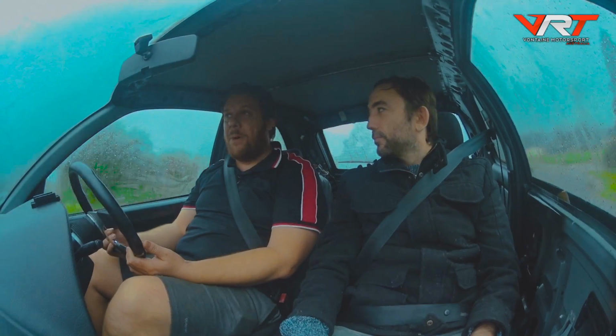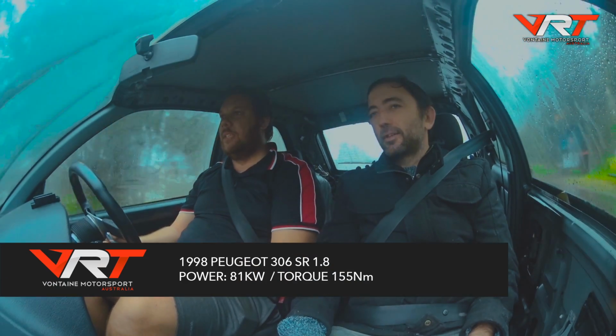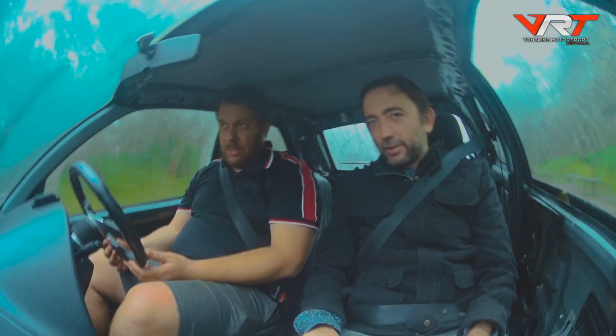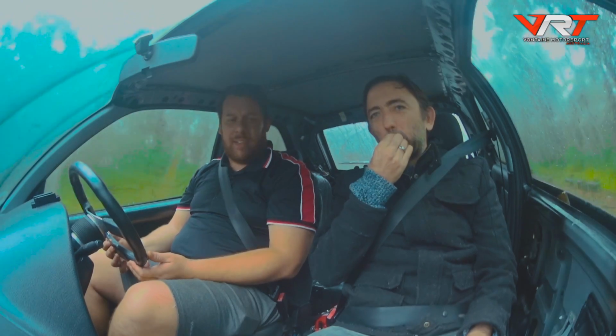This is a 3-door Peugeot 306. This is the car. Everything works, but for some reason the fan doesn't work. Bit of a sharp stop reading, but yeah. Also, it's very loud, so if this sounds loud,